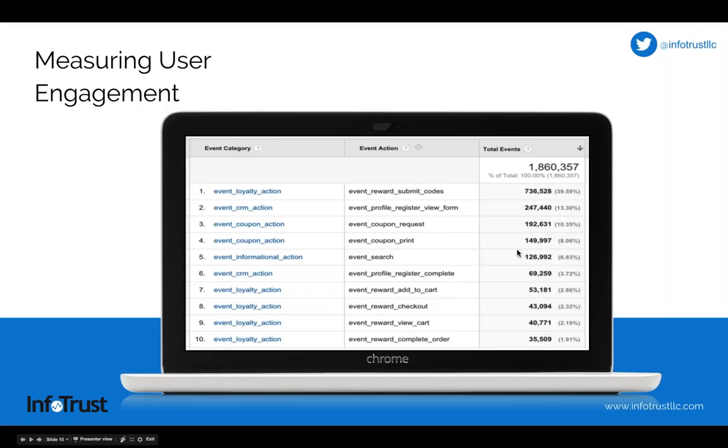This simple report just shows you the total volume of these user interactions, but you can again combine it with how much revenue comes from the same sessions that interact with different things. So even if one type of event doesn't have a high volume, but the revenue per session that has that event is super high, maybe you need to push users to see that type of interaction more often.